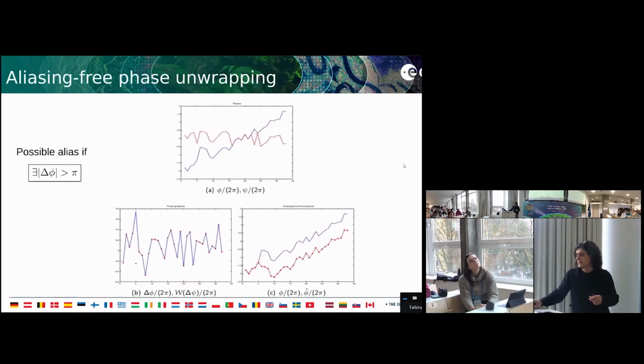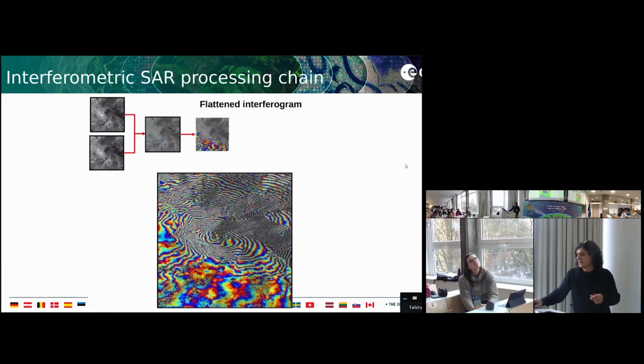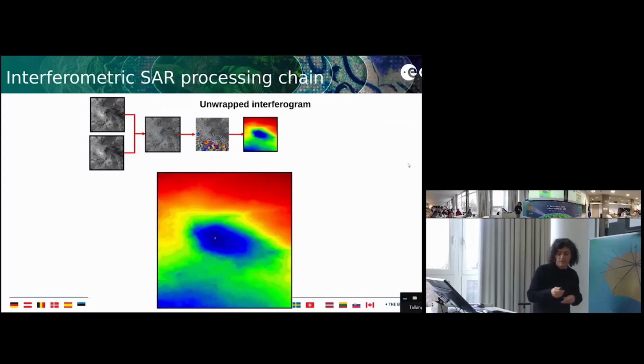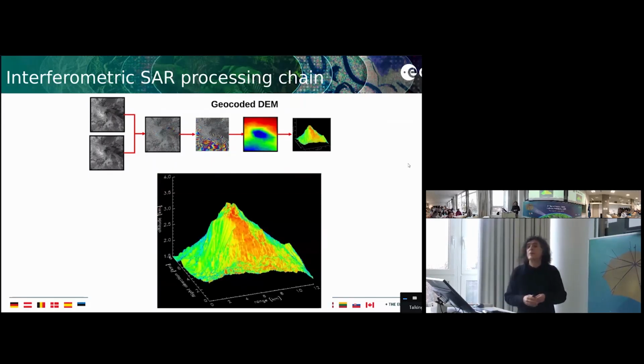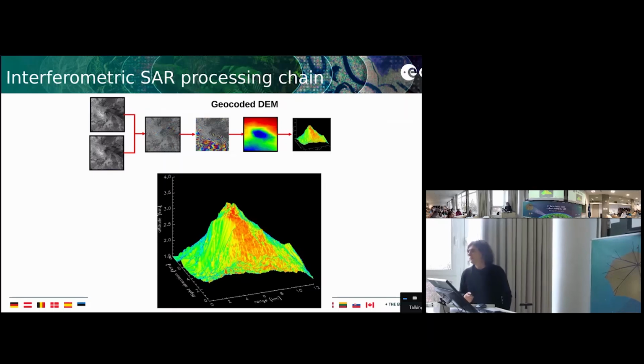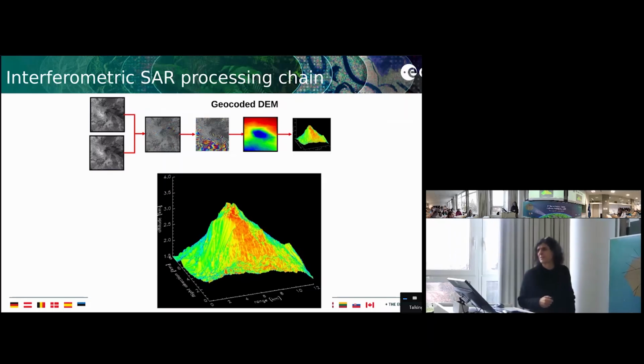So this, okay, we got a flattened interferogram, we unwrap it using this phase unwrapping algorithm I mentioned before, and after we geocode the result. This geocoding is, normally radar people don't like geocoding because this is 3D geometry, it's something